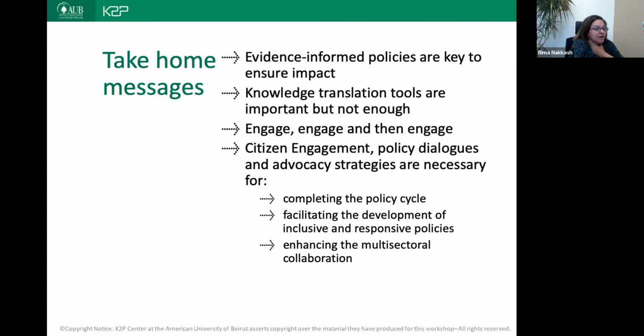And depending on the advocacy objective that we set, do we have the time and the resources and the capacity to move forward through completing the policy cycle, from putting a topic on the agenda to moving forward to formulation, implementation, and evaluating it? And that these processes require better understanding of the value of what multi-sectoral collaboration brings in.